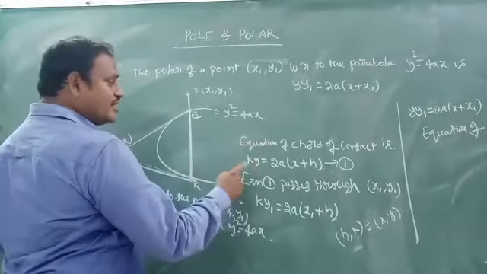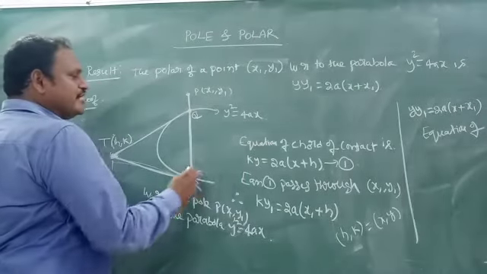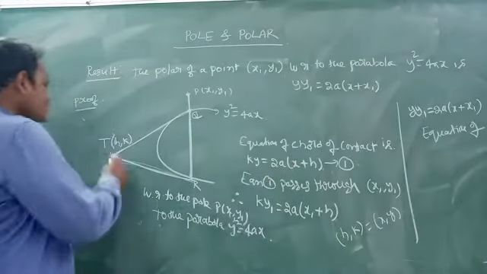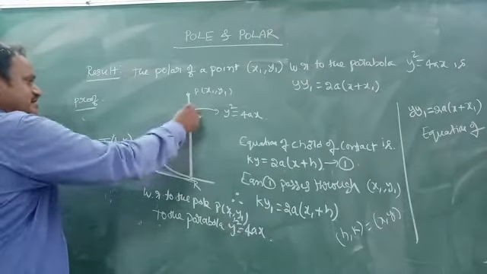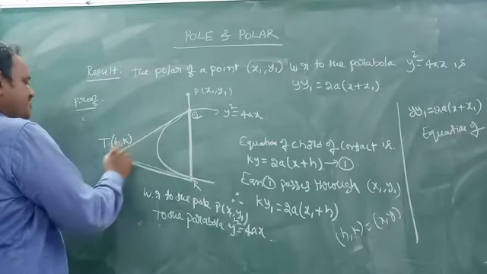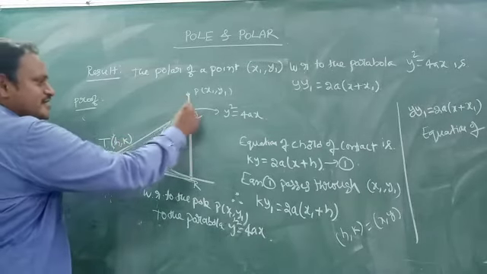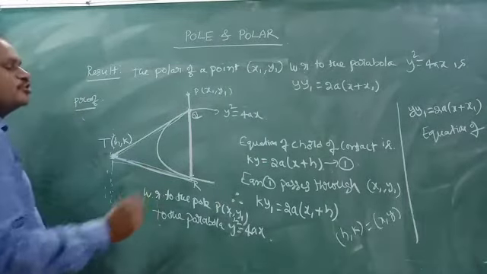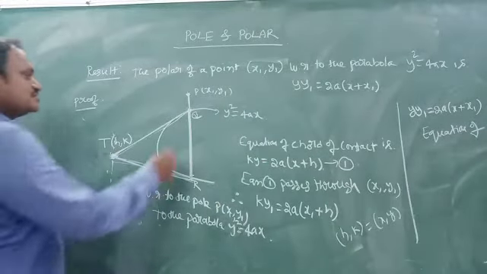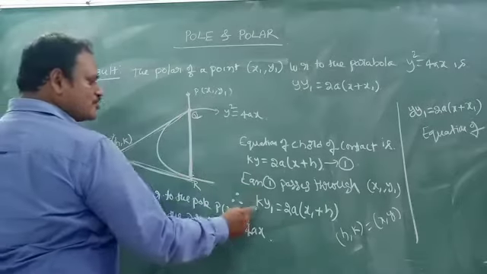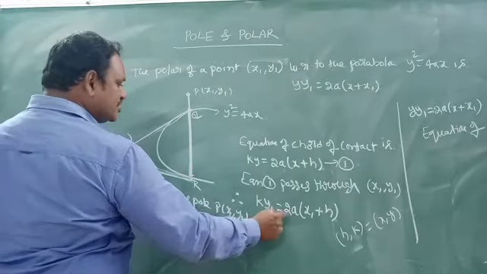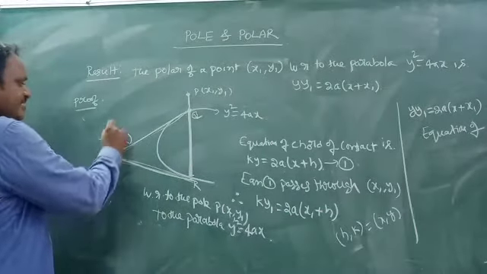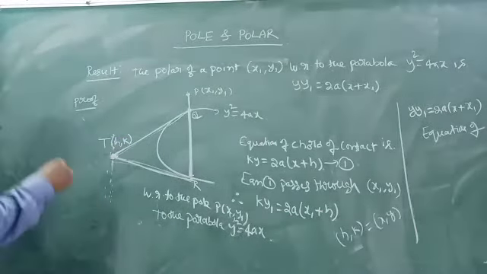Further, what we did is this: the equation of the chord of contact is nothing but ky is equal to 2a into x plus h. Since this chord of contact is made up of a pair of tangents which pass through h comma k, the chord of contact equation is ky is equal to 2a into x plus h. Since this chord of contact is passing through this point, we got ky1 is equal to 2a into x1 plus h. Now h comma k is the moving point, or the locus of the point.